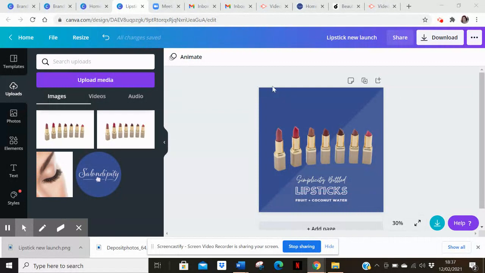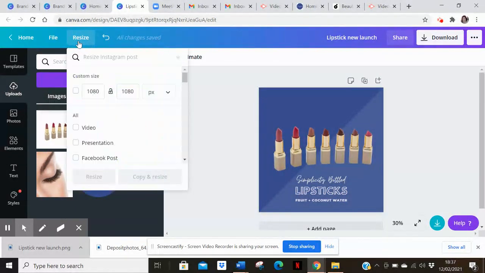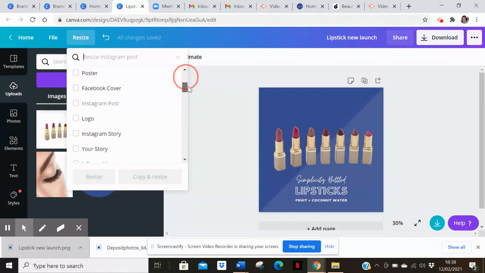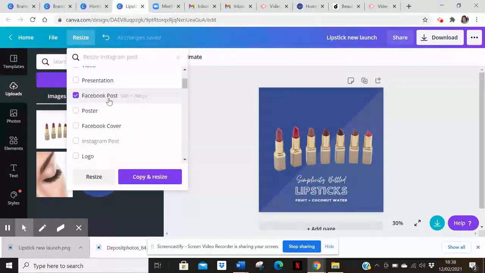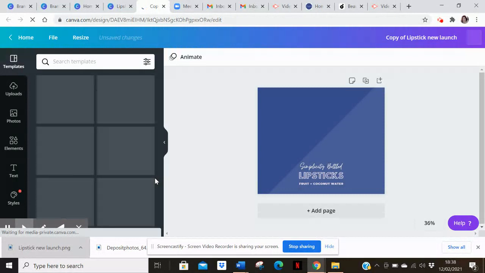And what I'm going to do is I've made this post, here it is, brilliant, but I want to resize that because actually I don't want to use it on Instagram. I want to use it on Facebook or I want to use it on a story. So all I'm going to do is hit this resize button and then choose what I want to post it on instead. So let's say that rather than using it here, I'd like to use it as a Facebook post. So I'm just going to copy and resize and it's going to make a copy that is in the perfect